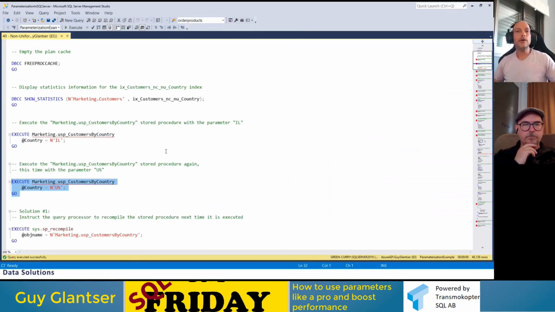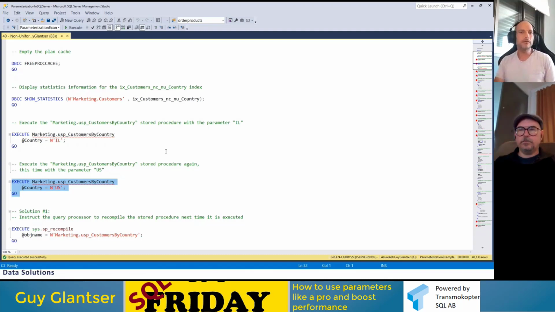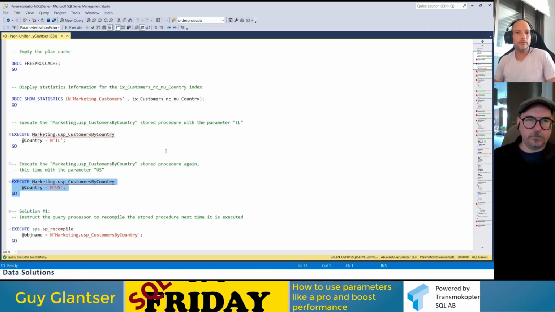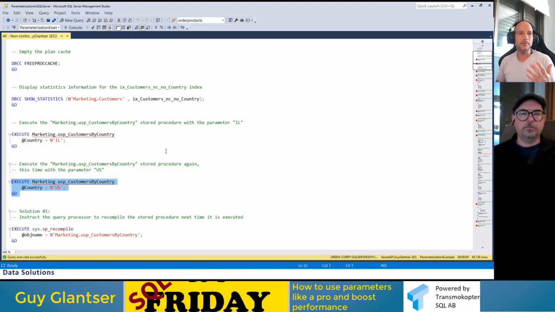Oh, this is the problem. And sometimes this is a big problem. It's quite a common problem. Of course, if you have a workload with many different queries, many different tables, for many of them, you will not have this problem. But for some of them, and in most cases, from my experience at least, this problem exists out there. Either you're aware of it or not, okay? And sometimes it's a big problem.